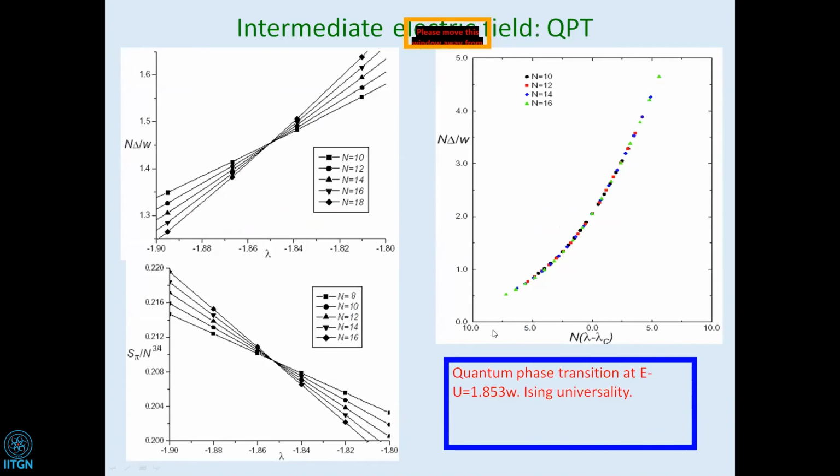Now, in between, what happens? It turns out that in between there is a quantum phase transition where the system goes from a dipole vacuum to a maximal dipole state. The reason it is a quantum phase transition is that the dipole vacuum state has no broken symmetry, whereas the state with maximum dipole has a broken Z2 symmetry, and two ground states, which are separated,